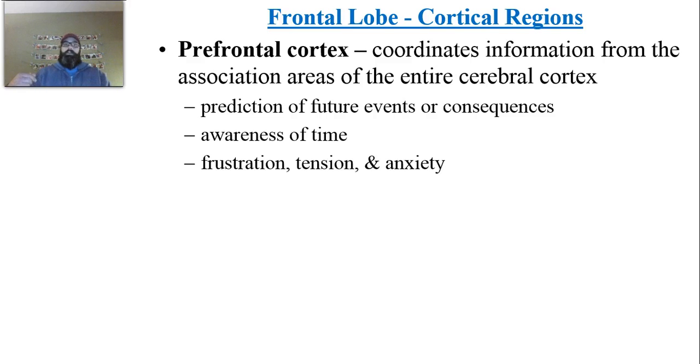in the future. This is also where you have your awareness of time, how you are able to recognize the sequence of events that occur throughout time, and then eventually also what could happen in the future. Another thing you'll notice is this is also where frustration, tension, and anxiety result, from the coordination of all of this sensory information coming into one place. All of the sensory information that comes in could cause the generation of frustration, tension, and anxiety based on the amount of stimuli coming